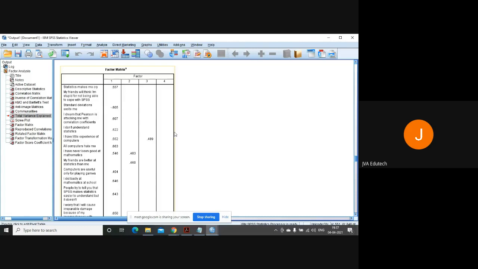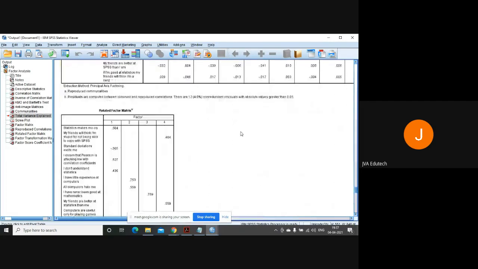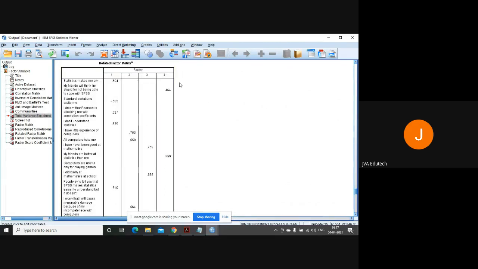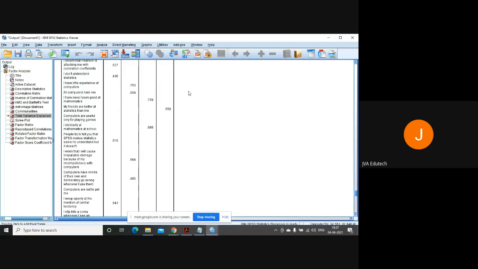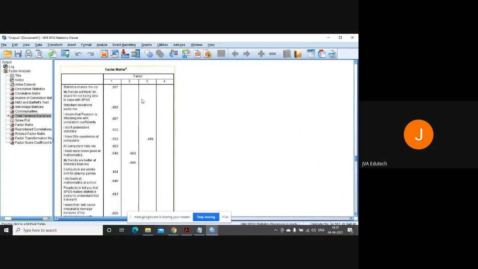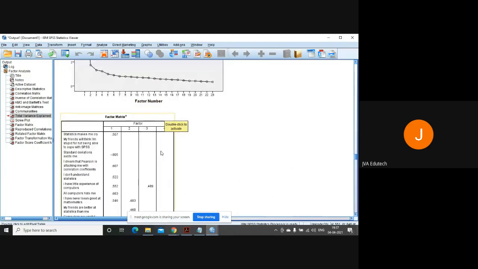If you see the factor matrix, all have not loaded properly. Now see the rotated factor matrix. That's why I said first see the factor matrix. In principal component analysis, we got a component matrix. Here we are doing EFA, so we are getting a factor matrix. Here you can see that on the 4th nothing has loaded. On 3 only 1 has loaded.